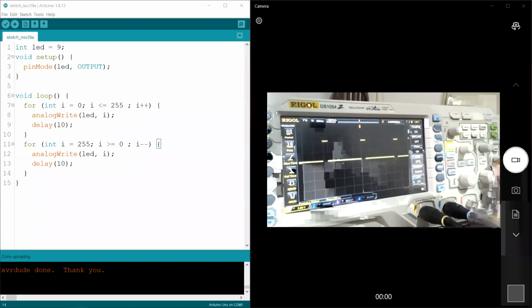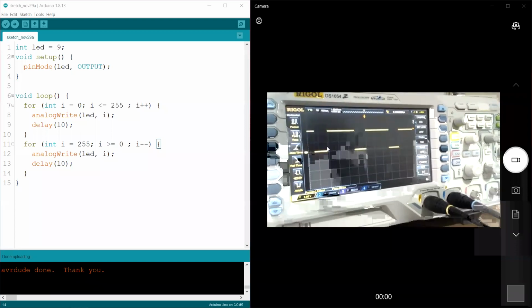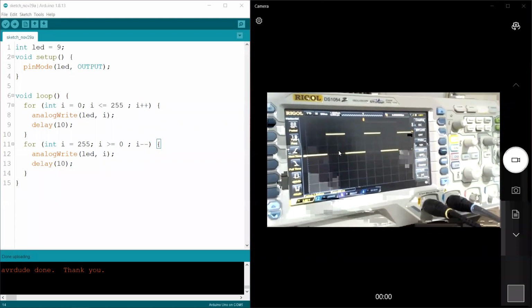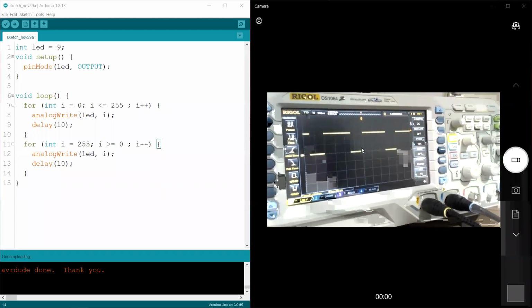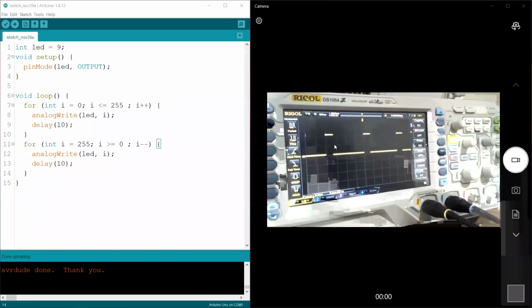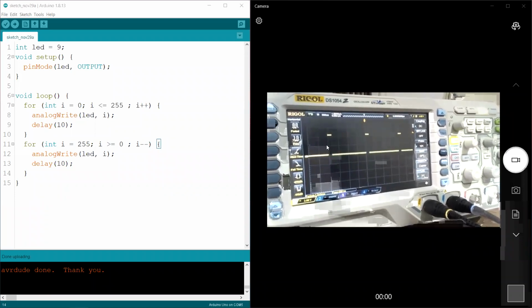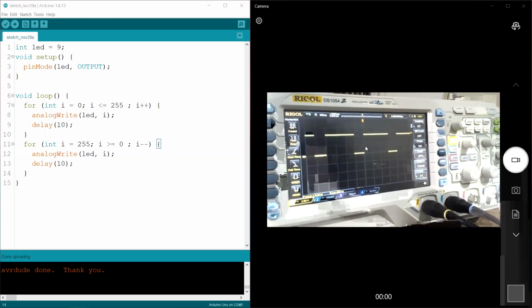So this is how the brightness is adjusting. This is what is actually happening inside the circuit. So when it goes here, now the LED is fully on. Now the LED is dimming off. Now it's going off.